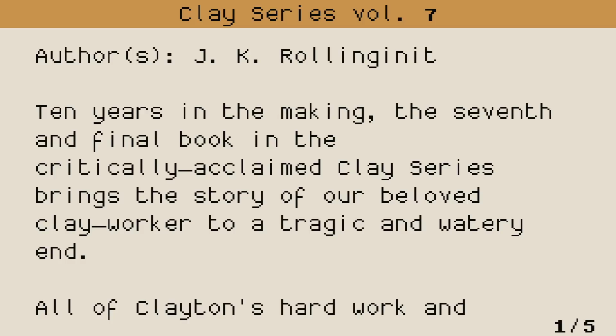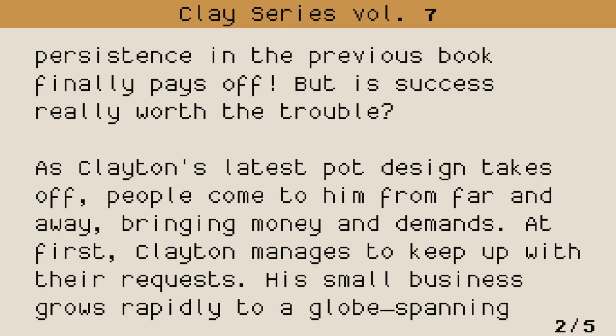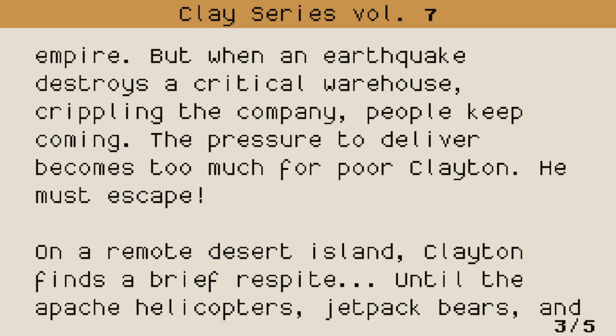10 years in the making, the 7th and final book in the critically acclaimed Clay series brings the story of our beloved clay worker to a tragic and watery end. All of Clayton's hard work and persistence in the previous book finally pays off, but is success really worth the trouble? As Clayton's latest pot design takes off, people come to hire him from far and away, bringing money and demands. At first, Clayton manages to keep up with their requests. His small business grows rapidly to a globe-spanning empire, but when an earthquake destroys a critical warehouse, crippling the company,